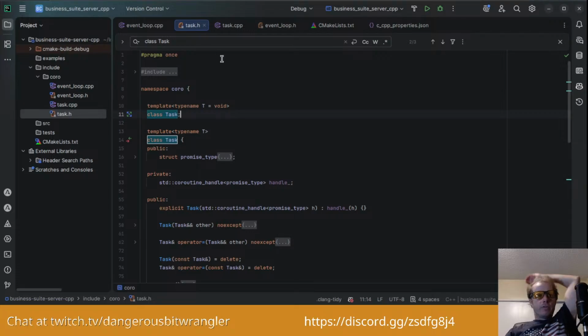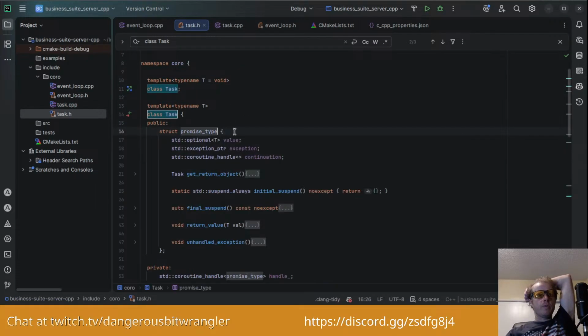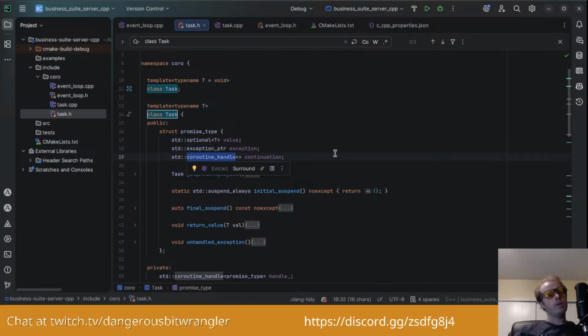I guess let's try working through the initial type. Okay, we know what the promise type is. I went over that in my stream that died on me. So we have an optional value for the promise, or potentially an exception or a continuation, which is a coroutine handle.